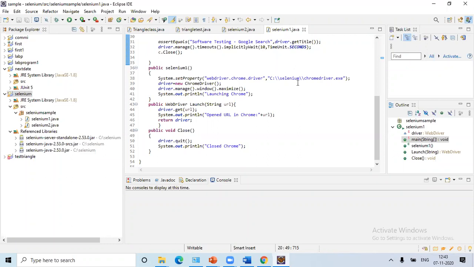After that, again, I need to give the Chrome driver. I am creating an object of the Chrome driver, and then I am giving it to the driver variable. And then I am launching the Chrome. This is just a display message to launch Chrome. After that, we are giving the URL, whatever URL we are taking here, to the WebDriver. That URL we are giving here, and then it will display the message opened URL in Chrome. If it is successfully doing, then you'll be displaying all these things, return driver. Then finally everything is over. After that we are going to quit.